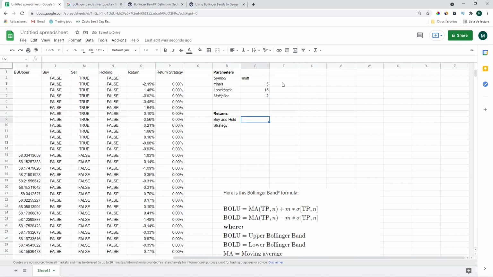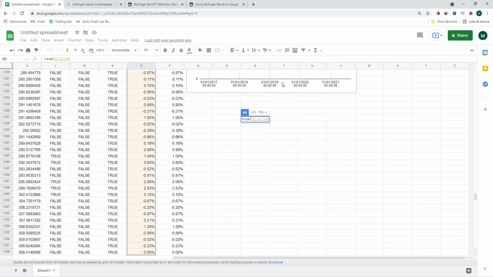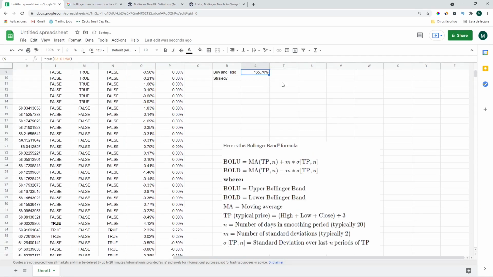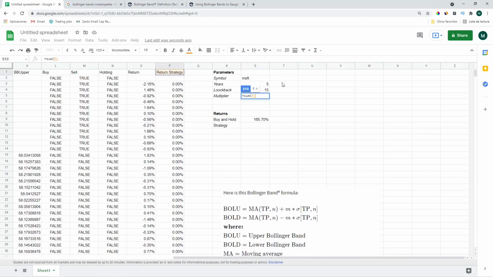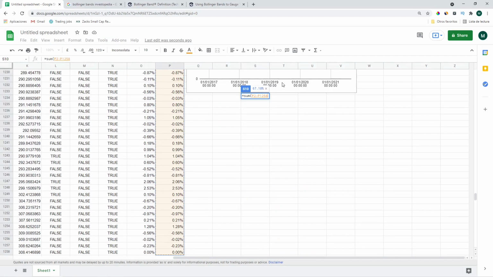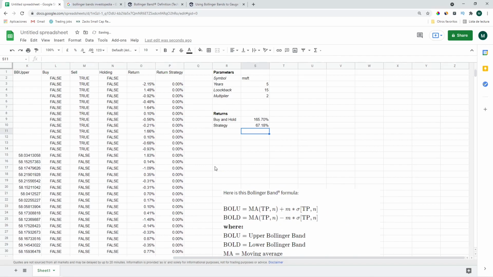And the buy and hold is just the sum of the returns, and the strategy is the same, sum of the strategy. But we have everything expressed in continuous returns, and normally we would prefer to have it expressed in